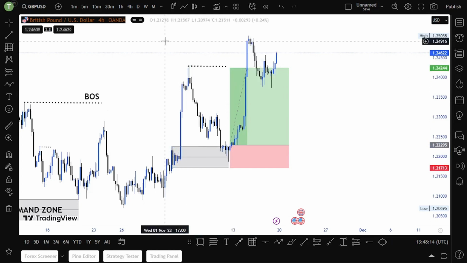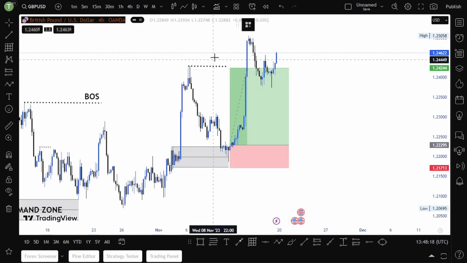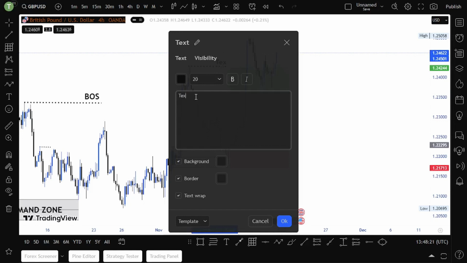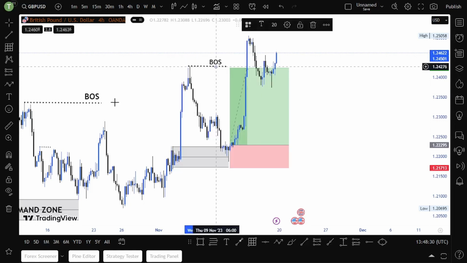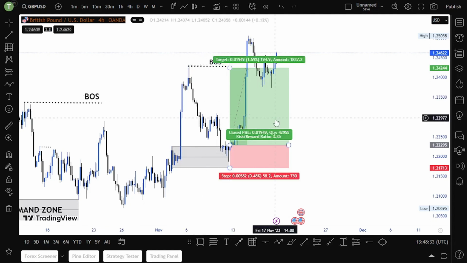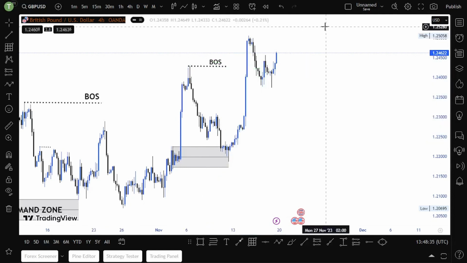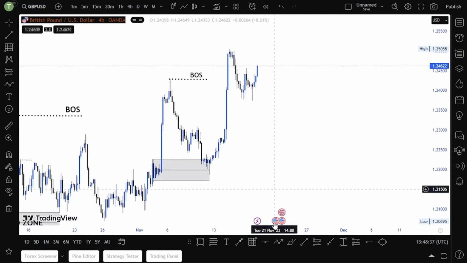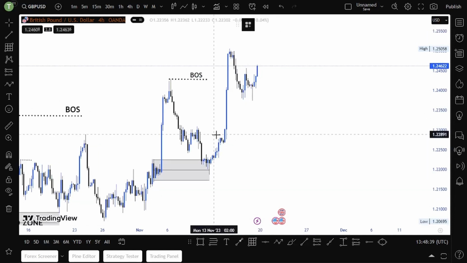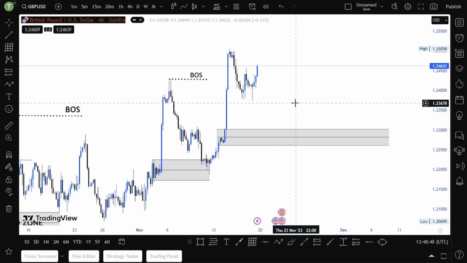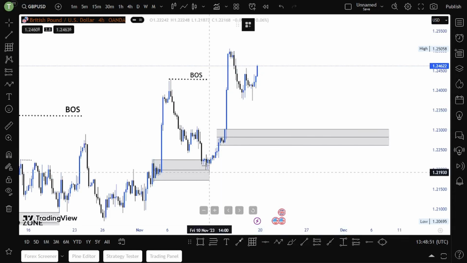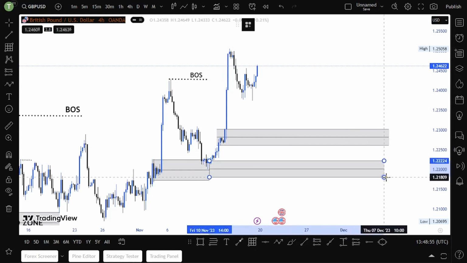Now we will be waiting for a pullback into one of the demand zones. As you can see, guys, where are our demand zones? I will look at these demand zones here, because GBPUSD likes to have these deeper pullbacks. So this is where I would have